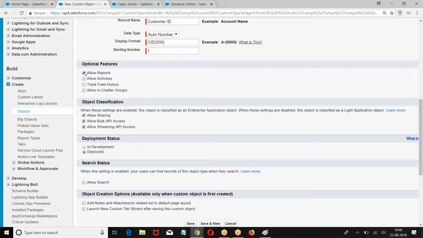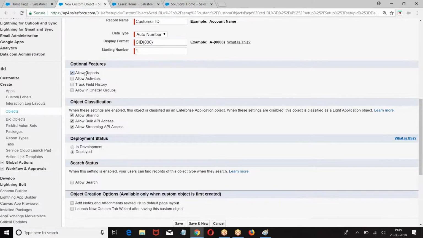On which field do you want to track? You have to tell. There are 100 fields, and I will not track all of them. There is some sensitive data. Let us say passport. I want to know who modified this passport. So if there is any sensitive data, any change happening on it, I want to track. Such type of data, I will say track field history.